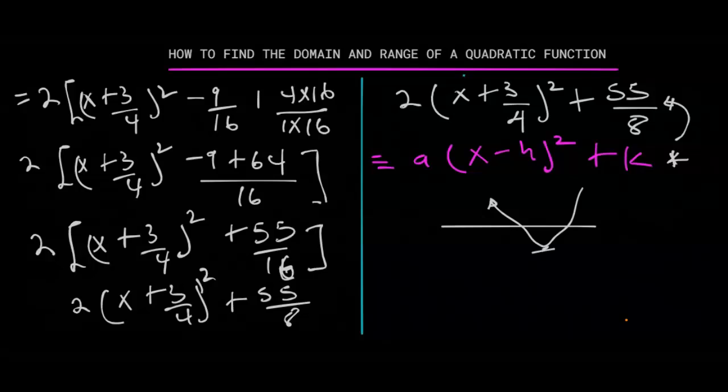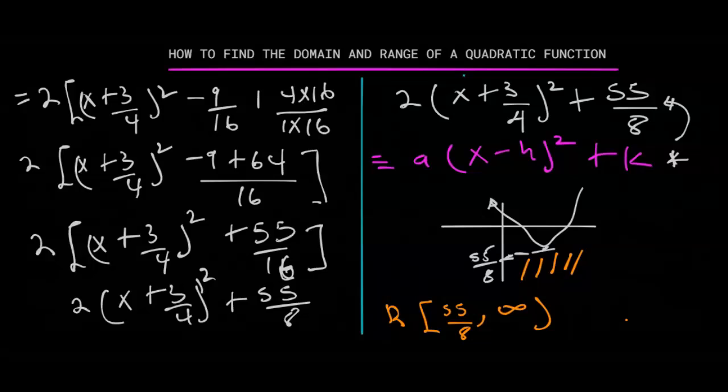So our k on the y-axis is 55 over 8, which means that this graph can never go below 55 over 8. And so our range, we can say, is from 55 over 8 to infinity,